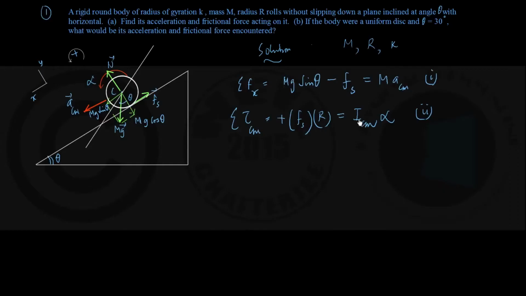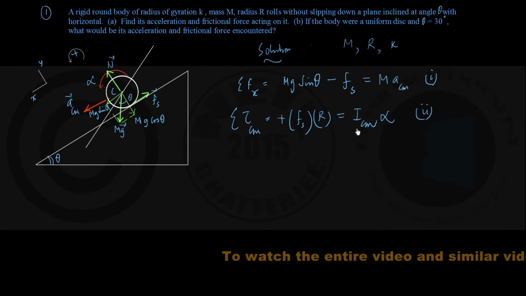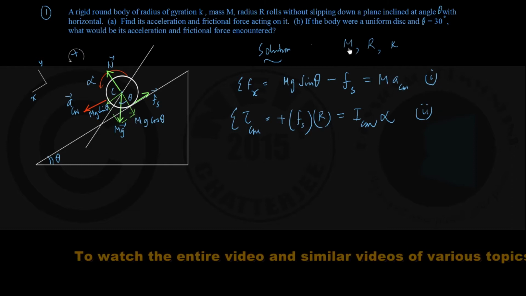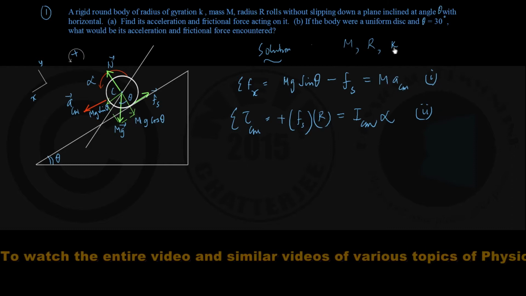We shall put two values here. First of all, they have not told us which type of body this is. If I knew it's a disk or cylinder, I could find out the value of ICM by the familiar formulas. But in this case, we have just been given that the mass of the body is capital M and the gyration